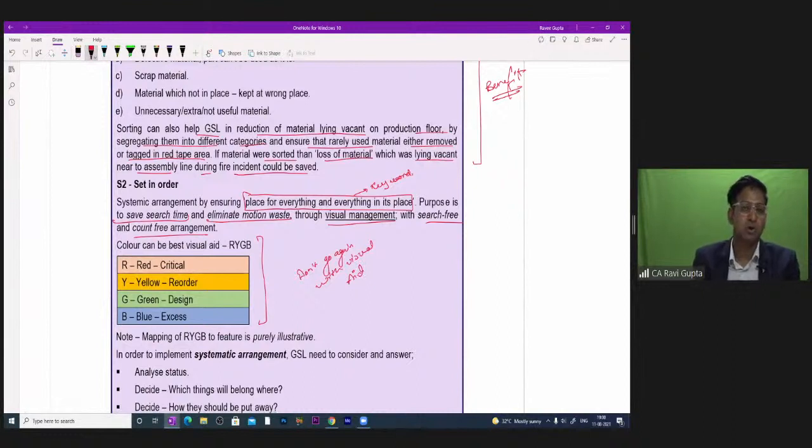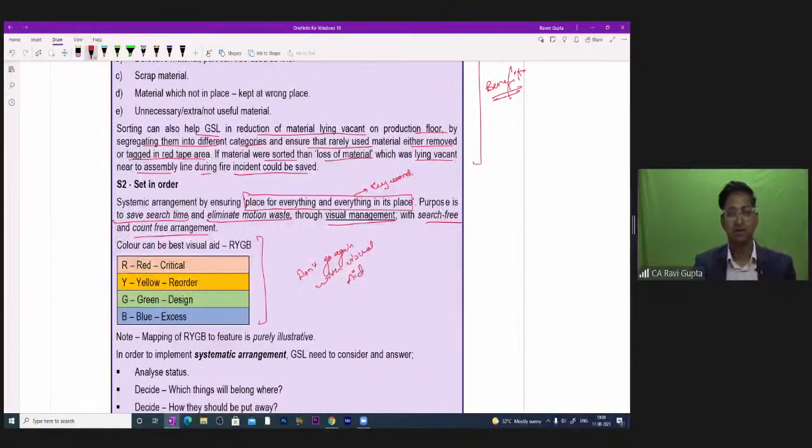Why am I saying this? Because it will confuse you. It will definitely confuse you whether we have to use this color pattern everywhere, in sorting and set in order. The red tag and the yellow tag are generally used in sorting. In set in order, we can have a kind of flag system. If you are maintaining an office file, you place flap types, red, green, blue flaps,